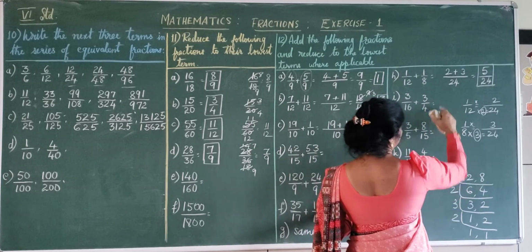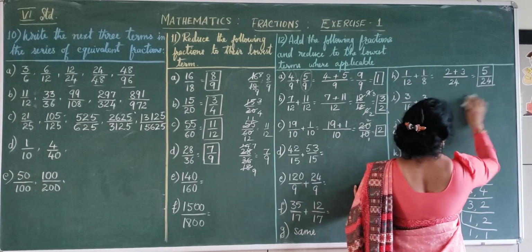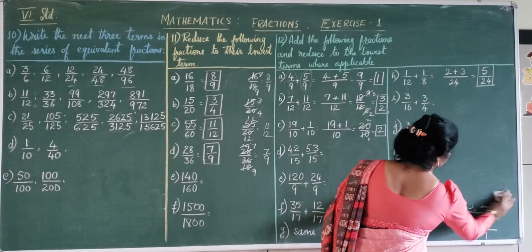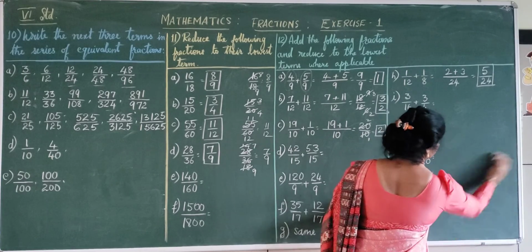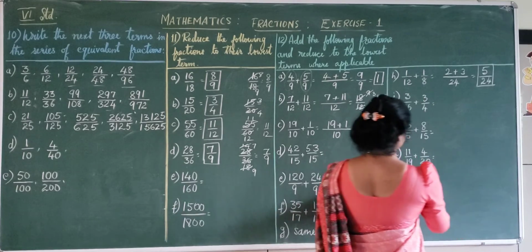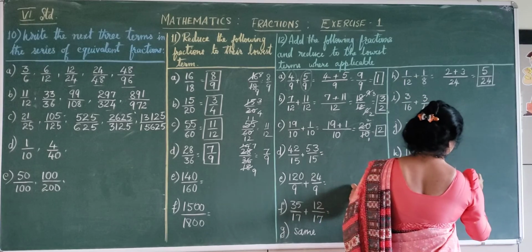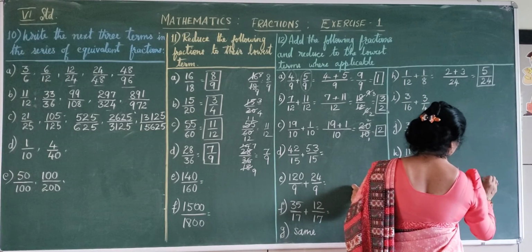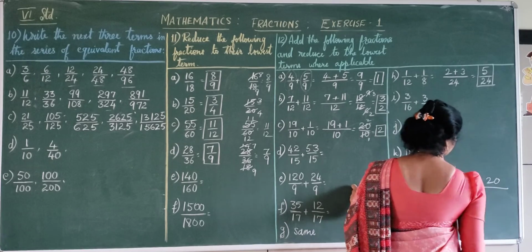Between these two you can do as homework. See, I work out this. 19 and 20. Now children,